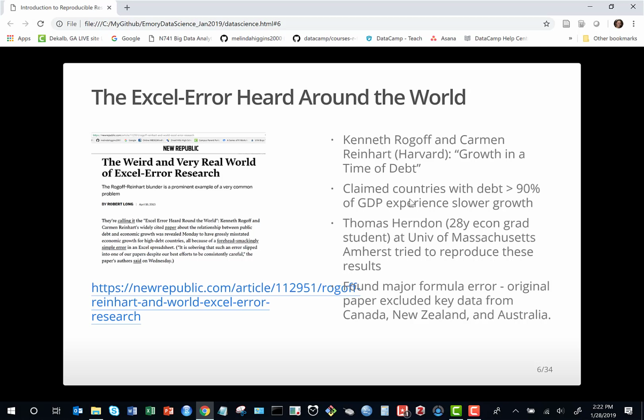Another famous one, this one more in economics, was the Excel error heard around the world. There was this article that came out, I can't remember originally when it was published, about 2010 or so. Basically, these guys, Kenneth Rogoff and Carmen Reinhart at Harvard, did growth in a time of debt. They had data that claimed countries with debt over 90% of GDP would experience slower growth, which makes a little bit of intuitive sense, but